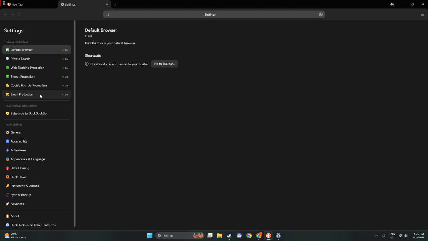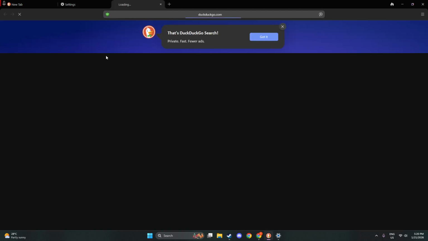In the Settings list, find and tap Email Protection. This section is dedicated to creating and managing your @duck.com address. On the Email Protection screen, tap the button labeled Get Started or Enable Email Protection. DuckDuckGo may show a brief explanation of how forwarding and tracker removal work, and then it will guide you through